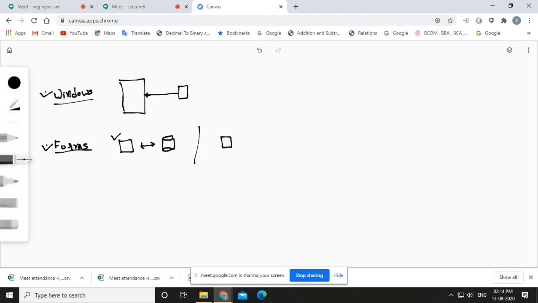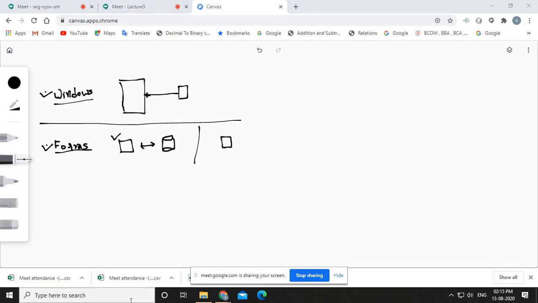If a user logs into the Windows system, that person has also logged into the website. The website does not ask them to enter another username and password. So this is the difference between the Windows and Forms authentication modes.